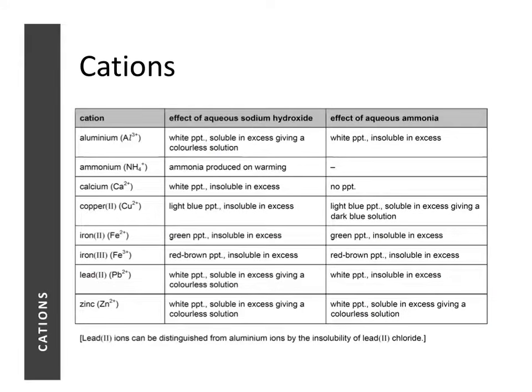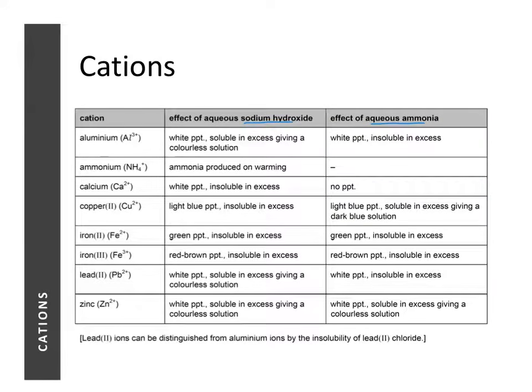So this table records all the outcomes for the 8 cations that I've just mentioned when we add sodium hydroxide and when we add aqueous ammonia. Now, if you can remember the outcomes by memorizing them, when we perform the test on an unknown solution, a solution that contains ions that are unknown to us, just based on the observations, we can predict